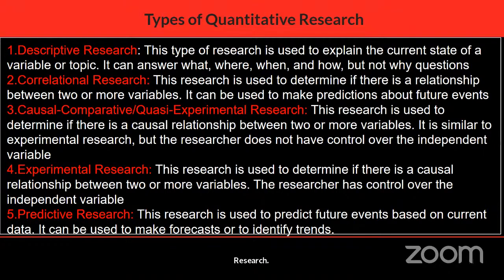Correlation can tell you relations between two variables. Let's say relations between education and the standard of living. What is the relation between education and the standard of living? We do research. Those who have attained at least a university degree, how is their standard of living compared to those who have not gone to school? With this, you can also come to a conclusion on whether there's a correlation between education and the standard of living.